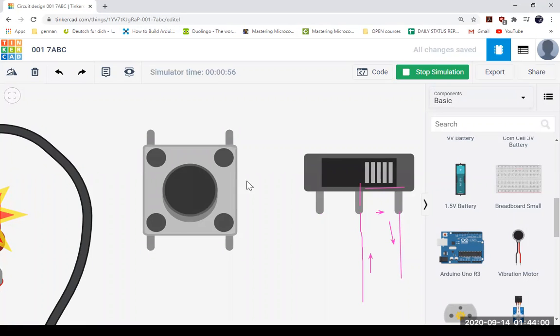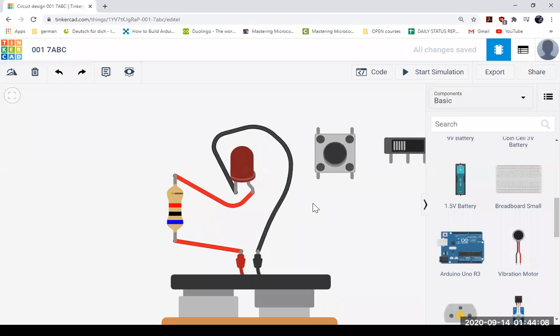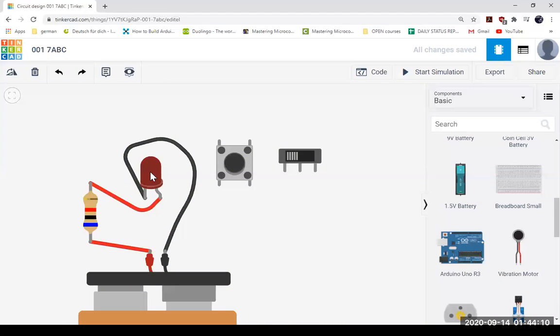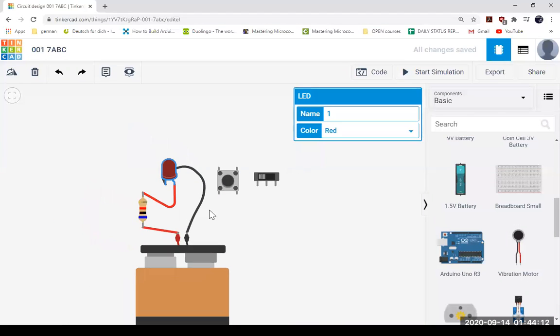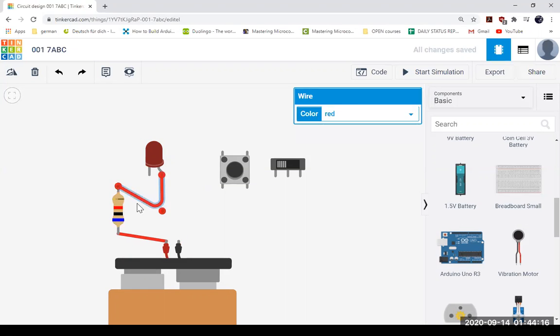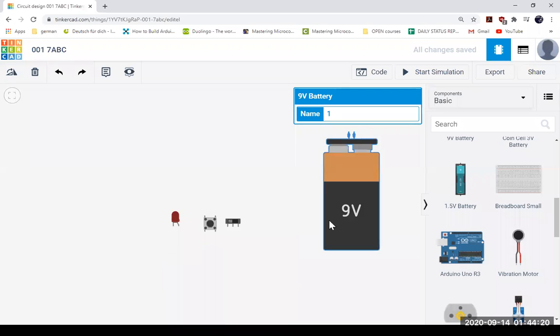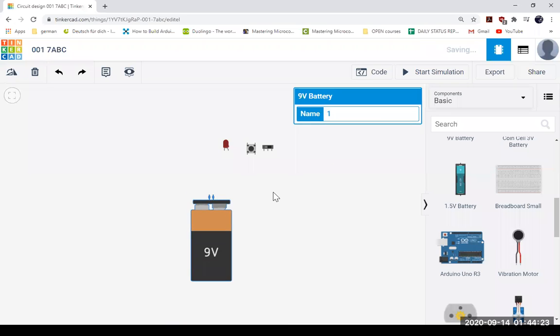Okay, so let's try to use both of these switches. Okay, you can try it on your own. You can follow me on this. Okay, so let's make this circuit a little good. So we'll just remove all this. Okay, anyways, if we want, we can.